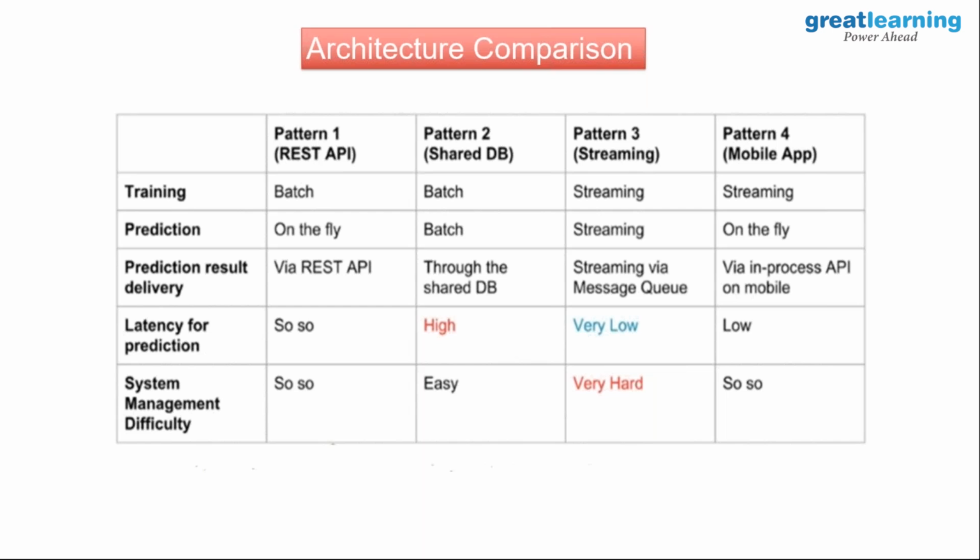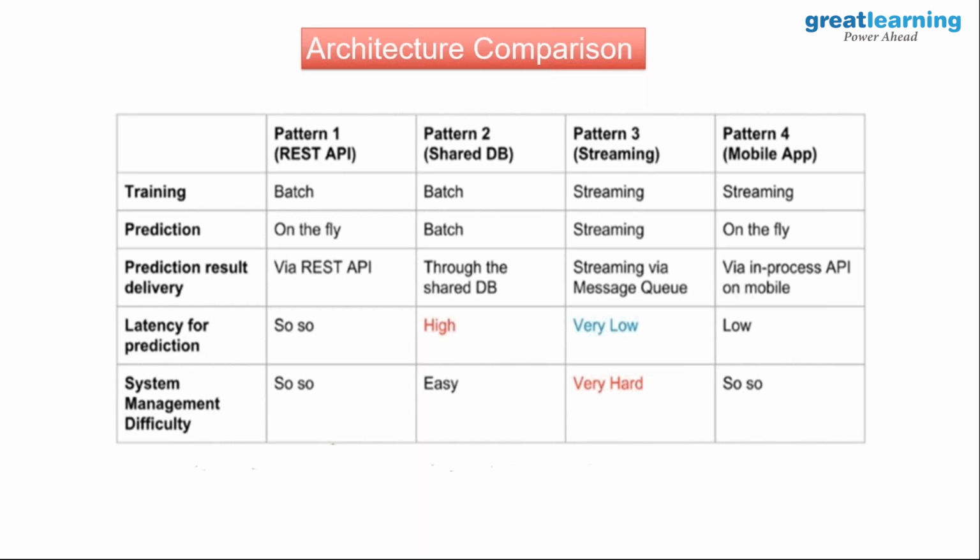Fair enough? The first one, which we call a REST API, and what we'll see in the next slide is what exactly a REST Application Programming Interface is, which we use for doing a deployment of a model. Now, in this case, what is assumed is that you already have made the model, and this model has been made based on the data set which is available as historical data, and that's why we're calling it a batch. Okay, which means the train data which was used to build the model was available in a batch.